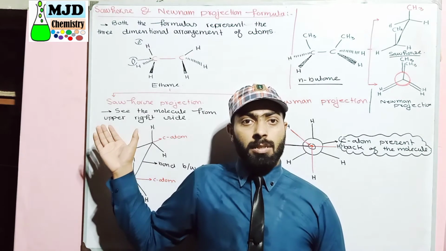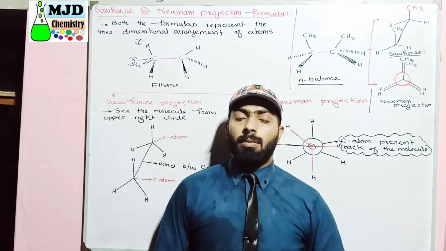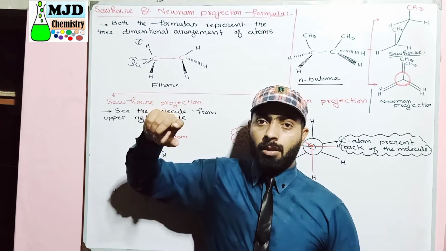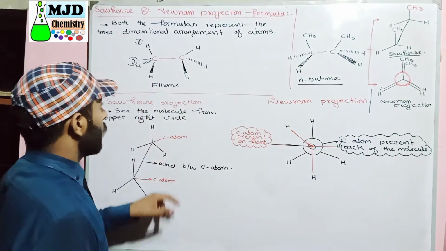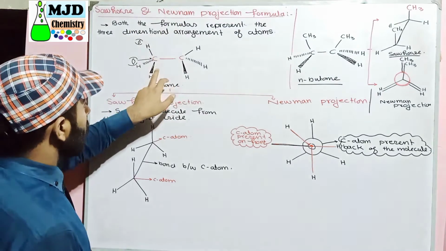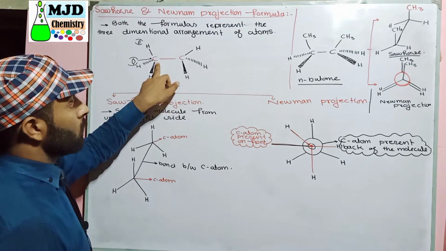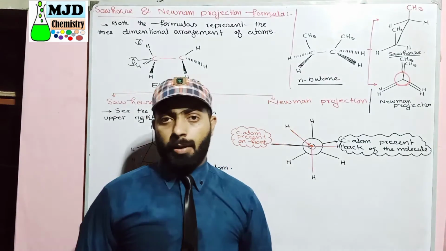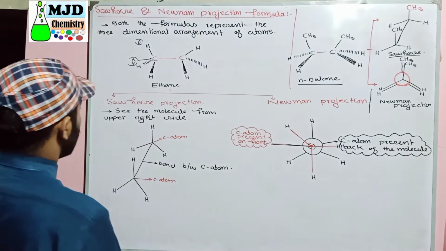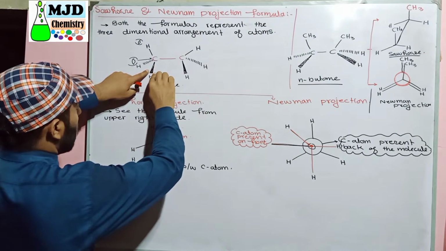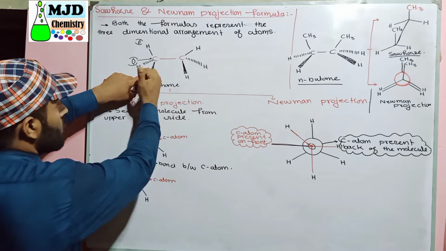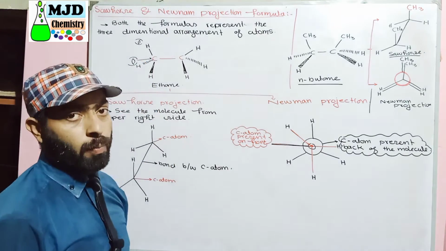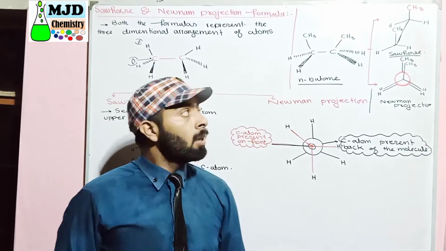These two formulas tell us. And first we describe Newman and then Sawhorse. Let's see, we have a molecule of ethane. In ethane, two carbon atoms are present which are further bonded with 3 and 3 hydrogen atoms. And of these 3 hydrogen atoms, this white structure represents that this hydrogen atom comes towards you, and this hydrogen atom goes into the white bond or away from you. And similarly in this,